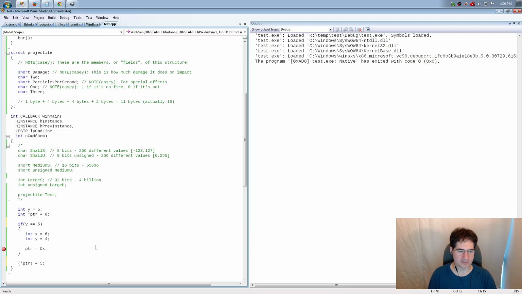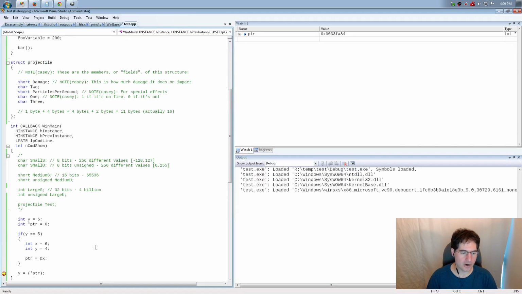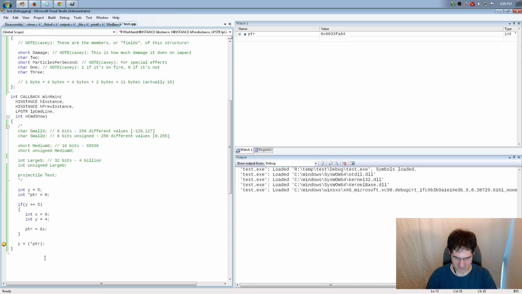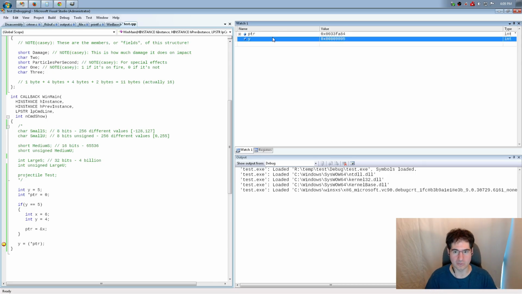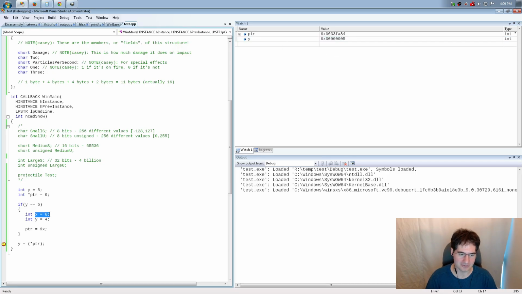So if I took an address of an int and stick it in pointer, which is what I did, I took the address of x, then from then on, star pointer refers to what's in that location. And so, for example, if I wanted to get it out, right? I want to know what was in x. Well, I can't refer to x because it's out of scope. We left that block, it's gone. Well, I can still just go ahead and get it, and I can put it in y, because y is set to 5 right now, but x was set to 6. Bam, I just accessed it.